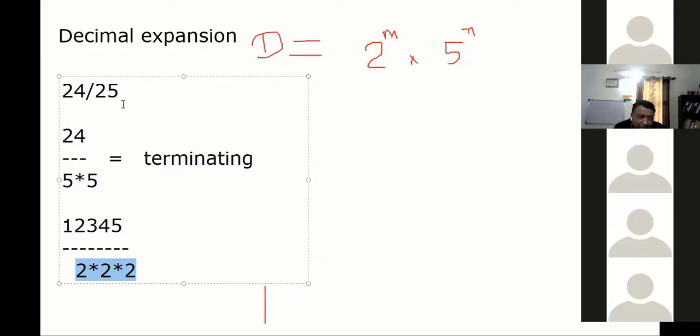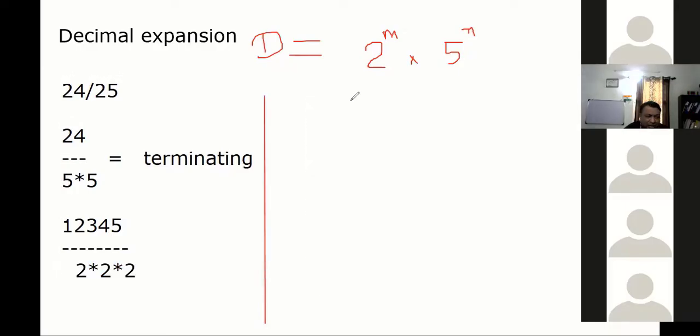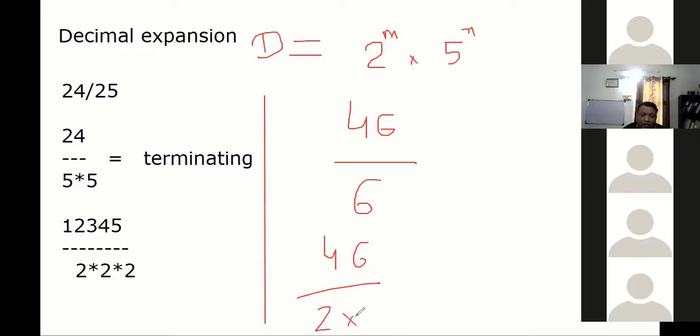After simplification, मतलब you cannot say, sir, for example, suppose I say 46 by 6, and you will say sir, 23. इसको I'll tell you with an example now. 46 by 6. You will say, sir, 6 मतलब क्या हो रहा है? 2 times 3. So you will say, sir, 2 is coming, so terminating. No. First simplify it. Then you decide. To simplify, you cancel 46 with 6, getting 23.